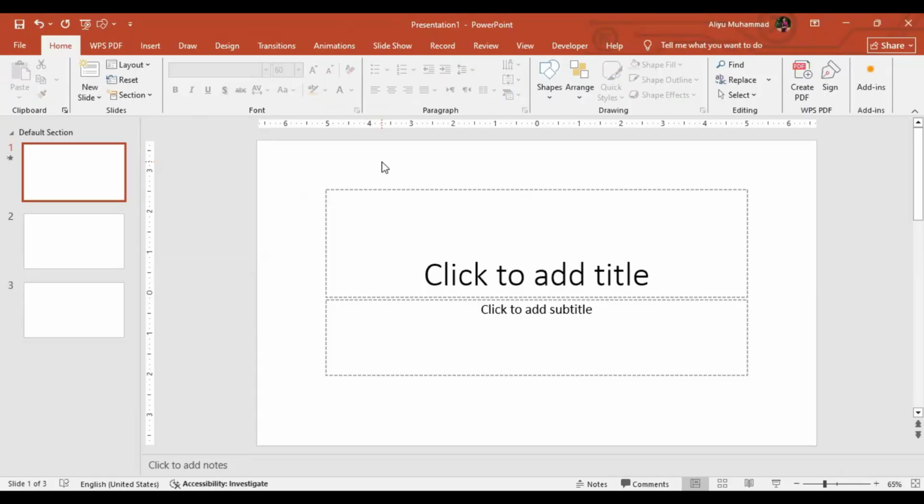Now let's see how we are going to create a slide. For us to create a slide or presentation, it depends on the topic you choose. Let's say, for example, you decide to create a slide based on computer, or maybe basics of computer. So whenever you are trying to create a slide,